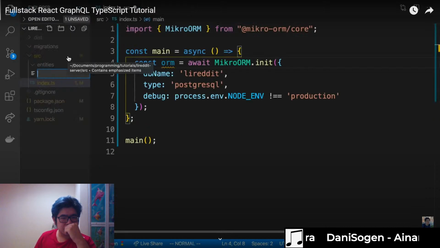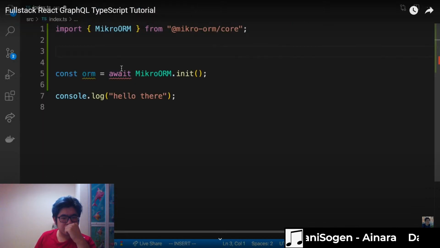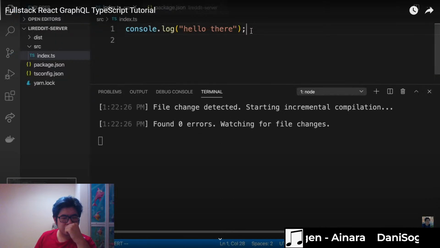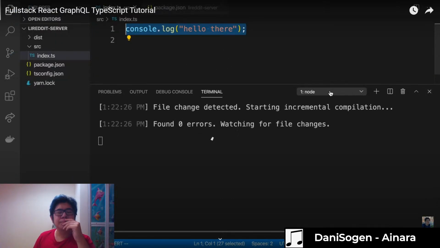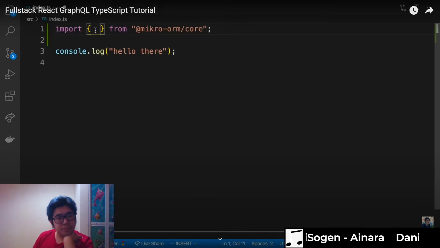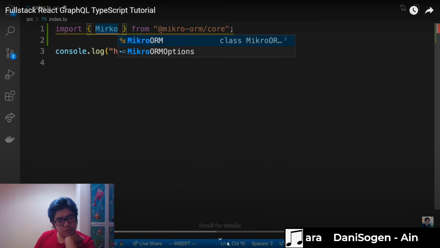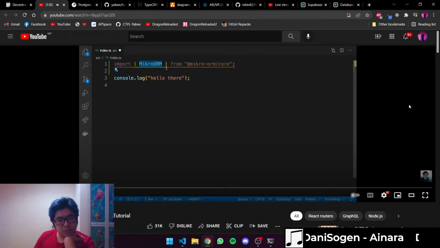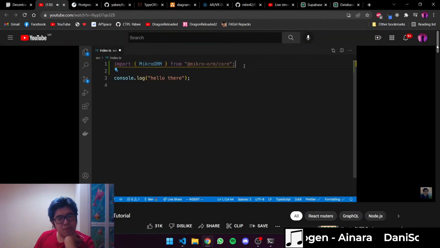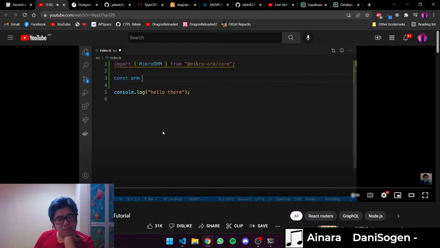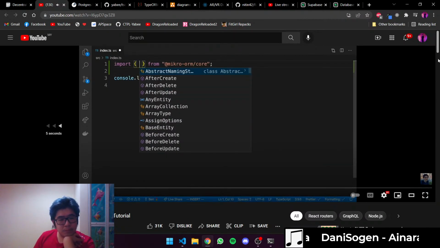And, you know, locations. Set up the script so it recompiles every time we change the TypeScript file. Alright, and then here, again, I'm going to press Control Space and get MicroORM. So this is what we're going to create, a MicroORM instance. So I'm going to say const orm is equal to